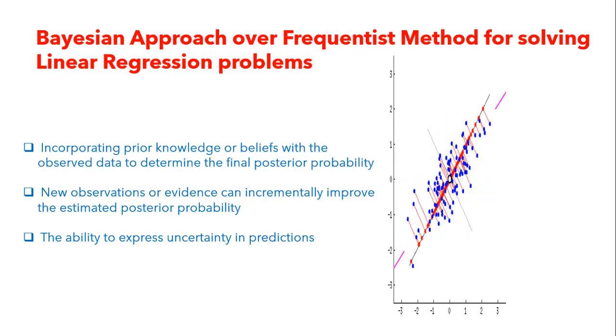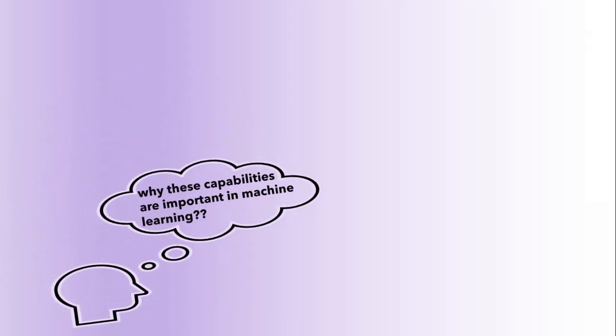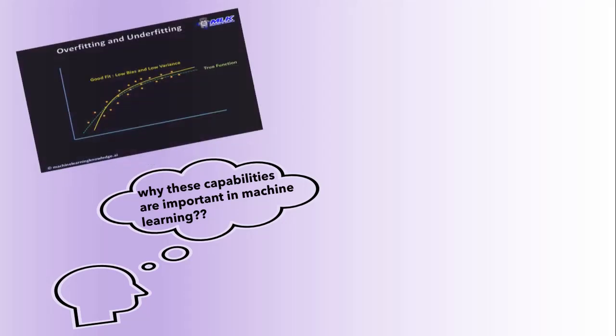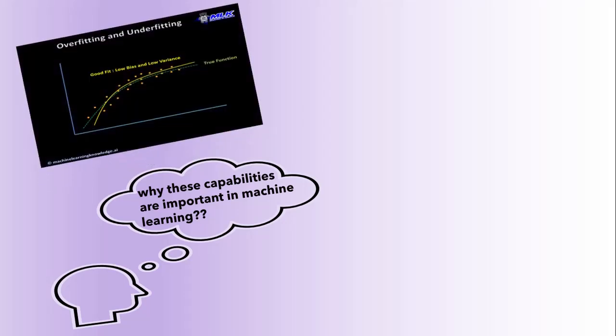Now as we know the drawbacks of frequentist approach and introduced some new features as well using Bayesian approach for modeling machine learning algorithm, I'm still having one question, that is, is there any necessity of these new features, or what are their roles in enhancing the algorithm, as we were quite happy with the model outcome we were getting from solving the linear regression problem using least square error or gradient descent. So guys, let's see why these capabilities are important in machine learning, especially in real world applications. So one of the major challenges in machine learning is to prevent the model from overfitting.